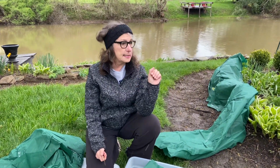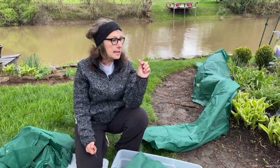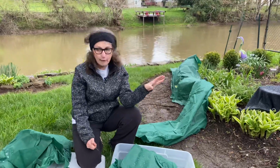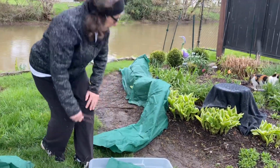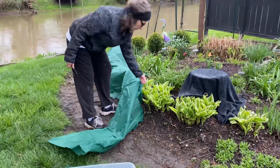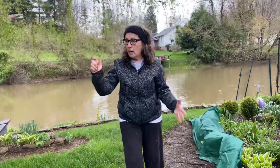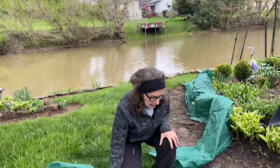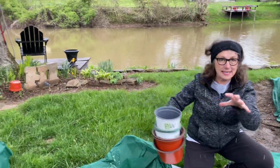My concern is we're going to drop down into the 20s tonight, and so I'm out here covering mainly my hosta because their leaves can go to mush in a hurry. And I'm just going to show you what I use to cover mine. I use sheets. I have used pots, and you can see there's a couple pots over there on my single